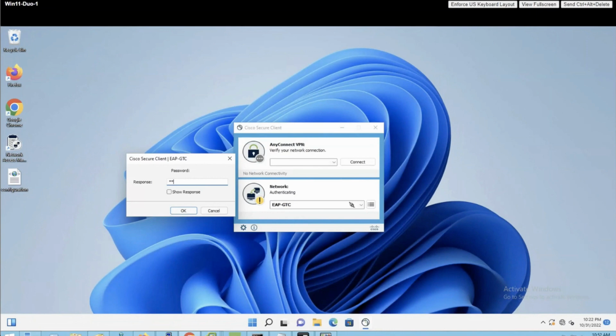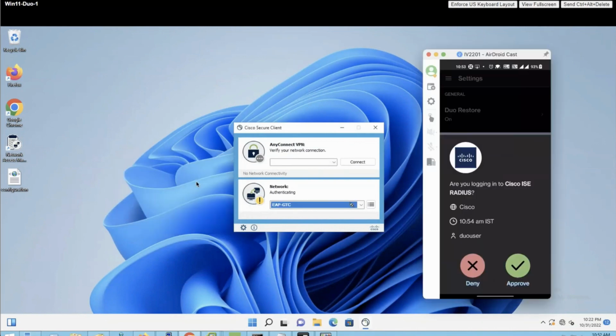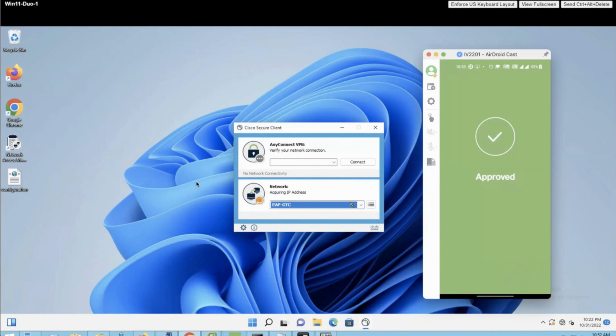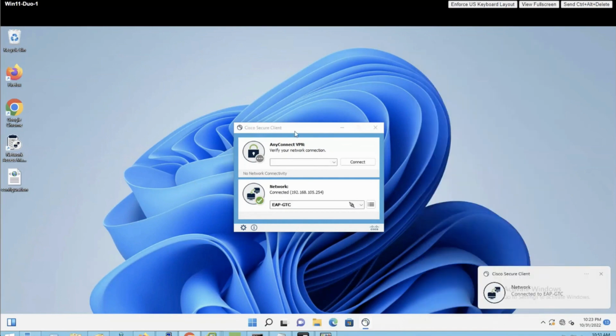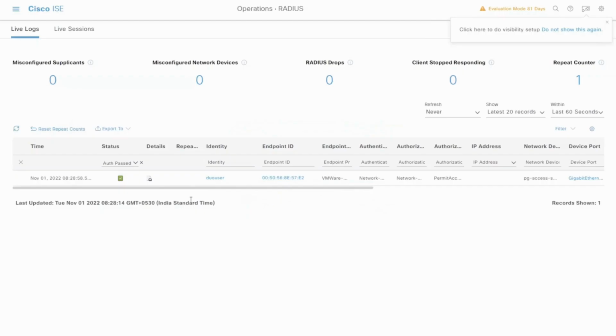Because it was now enforced with the NAM module, whenever I try to connect this endpoint to the network, it's going to ask me for the credentials, username and password. Once after entering the credentials, I'm going to get the Duo prompt, a Duo push notification, in order to get the access. And once I approve the push notification, you could see that under the LiveLog, the user got authenticated